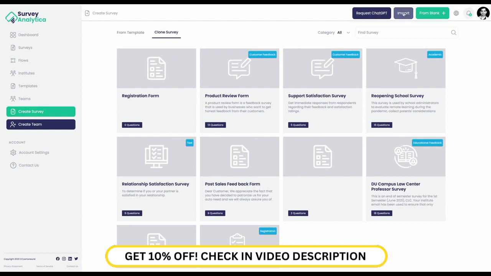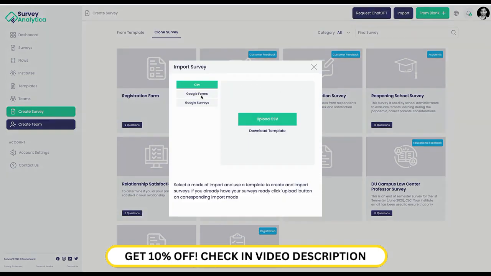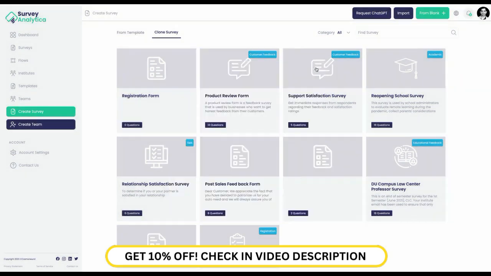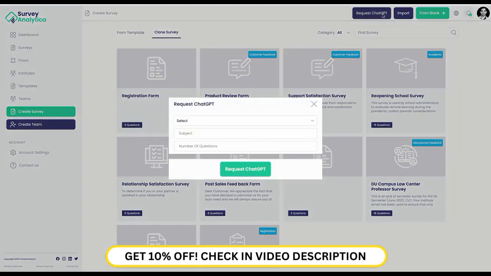You can import a survey using CSV, Google Forms, and Google Surveys. Or you can request an AI-driven survey generation, as I had put in my USP in the beginning: AI powered surveys. So you can use it from here. So let's go ahead and make a survey